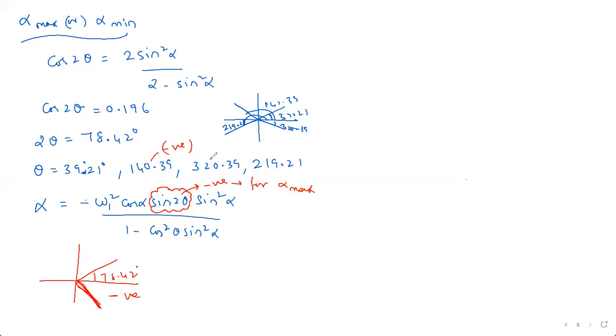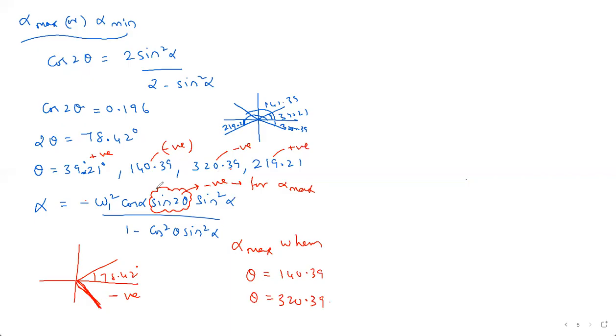You can see that for 219 it is positive. For 320 it's negative. It means double angles, you have to double it. If you double 320, it becomes 740. So you get the value, and that value you have to check whether it is negative or positive. Okay, so that way you can easily solve this. This is also positive. So now negative in 2 angles. So I can say that alpha is maximum when theta is equal to 140.39 and theta is equal to 320.39.